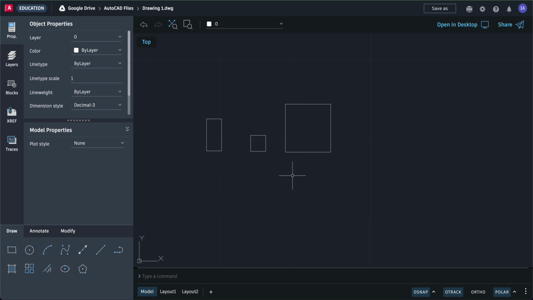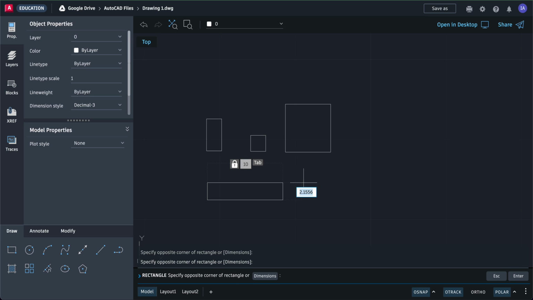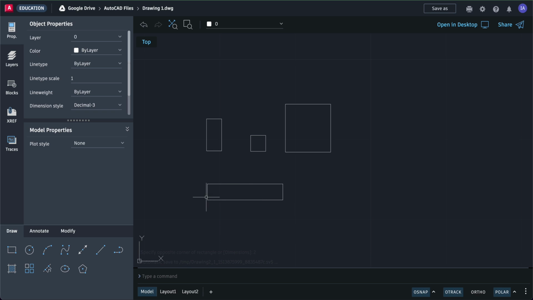Okay. What if I want it to be a long one? Let's say I want it to be 2 by 10. So the width first, 2 by 10, the width first. So you're going to type in 10, press tab, 2, press enter. That's a 2 by 10. Okay. Oh, that's a 10 by 2. Okay. So again,